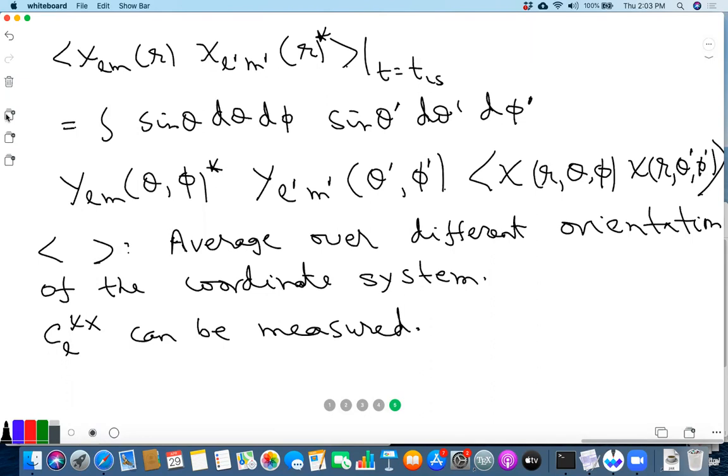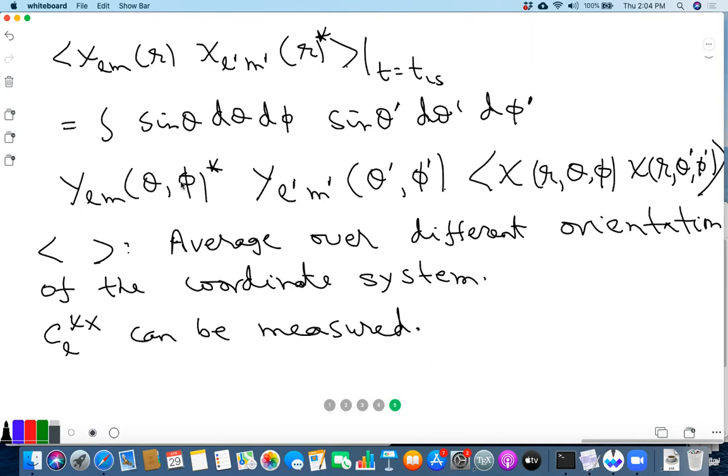Are there questions? Would you explain what the averaging is again? Yes, the averaging is over different orientations. Roughly, physically, it means that this should depend only on the arc length. If you average over many universes, then this should depend only on the arc length between theta prime, phi prime, and theta phi, because that's the rotationally invariant combination. But because you cannot average over many universes, you fix the arc length and average over different directions.